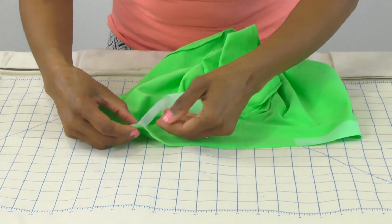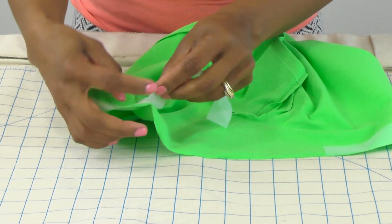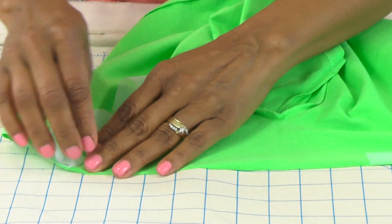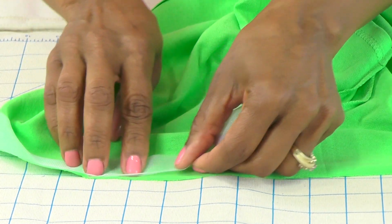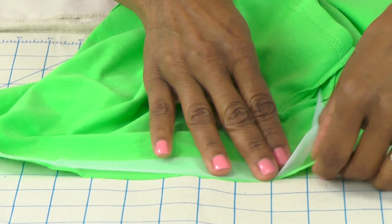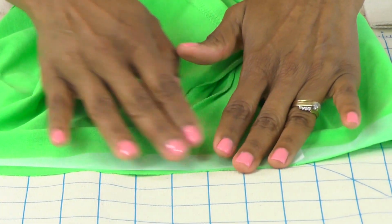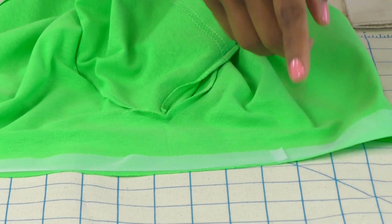And we're going to line it up. Now see, I got the iron onto the part that's not on the shirt. I'm just going to pull it back a little bit. So if that happens to you, it's not a big deal. Just pull it back and then we'll reapply it. Okay, line it up. And now mine just meets, and it overlaps just a tiny bit, so that was a